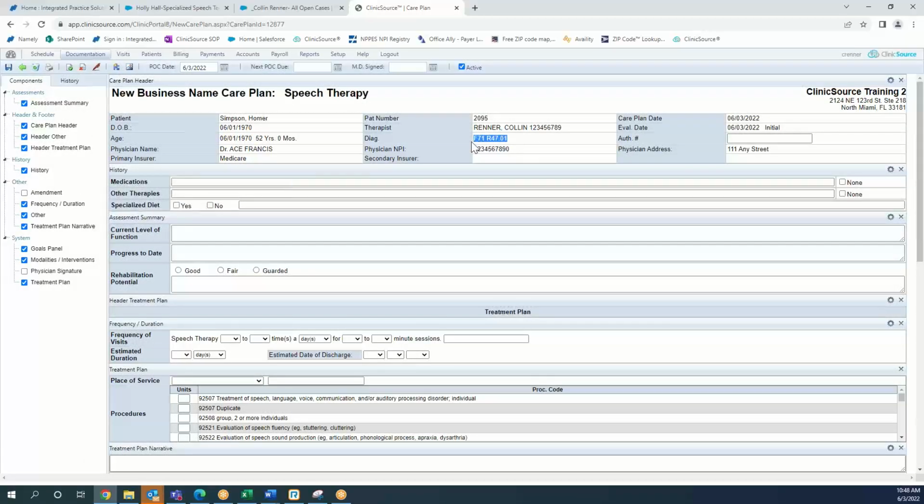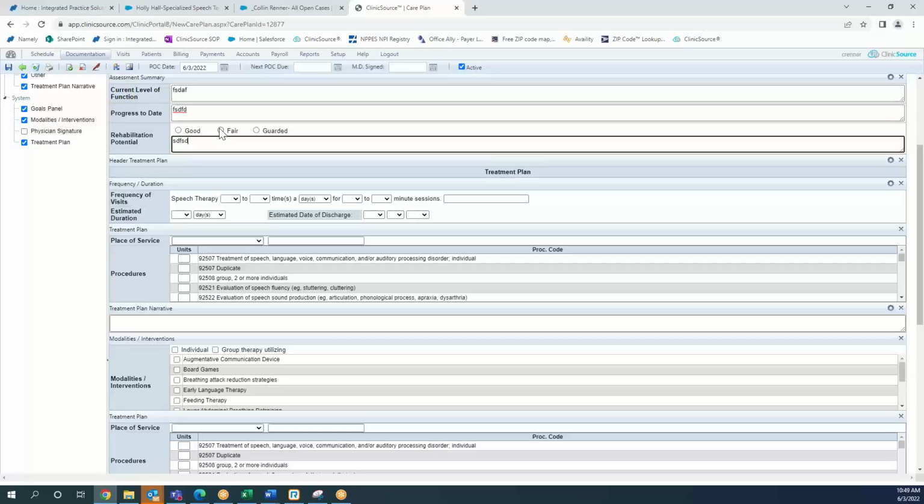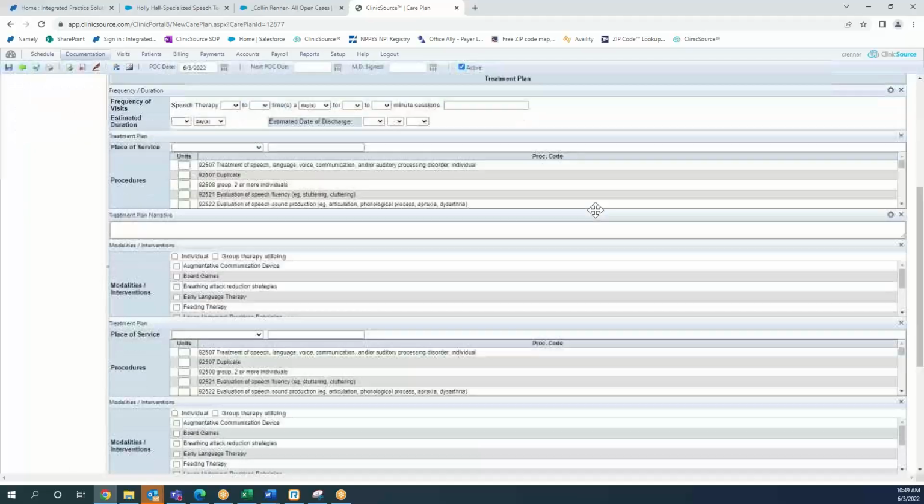Again, it's grabbing stuff from my evaluation, the diagnosis that I identified for the evaluation, the patient information, and the original date of the evaluation is on there as well. I can go about assigning how I'm going to treat the patient based on the information collected in the evaluation. Most of these are data entry fields or radio buttons or drop down values for the different